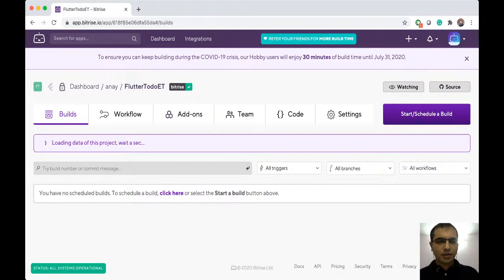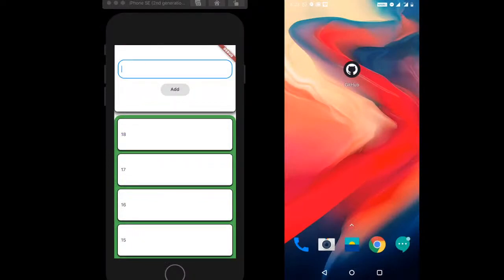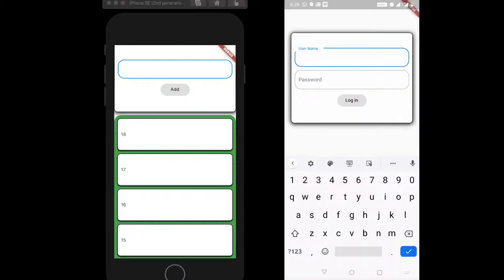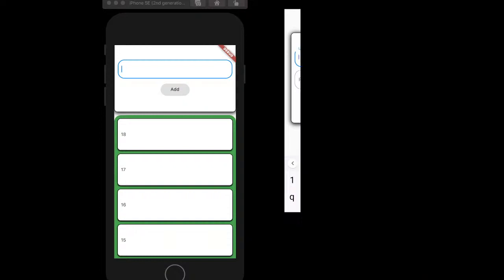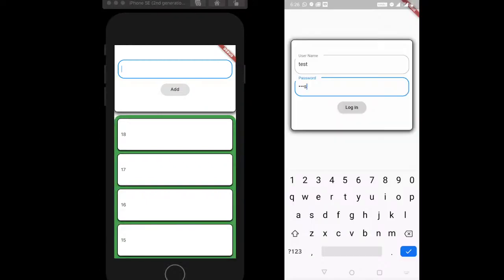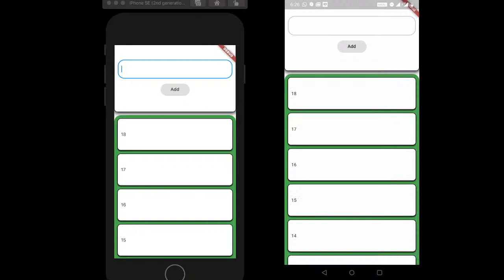Okay, so the apps have actually loaded on the device. Let me actually share the, yep. So can you all see it? Isn't it visible? Okay, cool. Yeah. So let me enter. I'm trying to log on the application which is now loaded on the real device, and there you go.